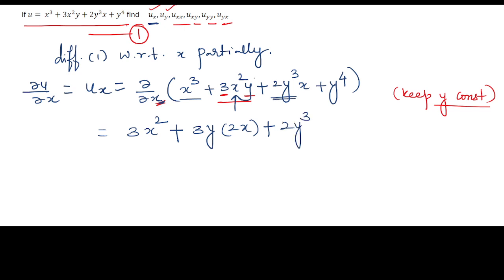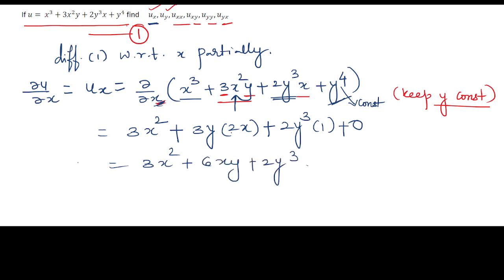The derivative of x with respect to x is 1. Plus, the last term is y raised to 4, which is constant, and its derivative with respect to x is 0. So 3x square plus 3 into 2, 6xy, plus 2y cube is the value of dabba u by dabba x